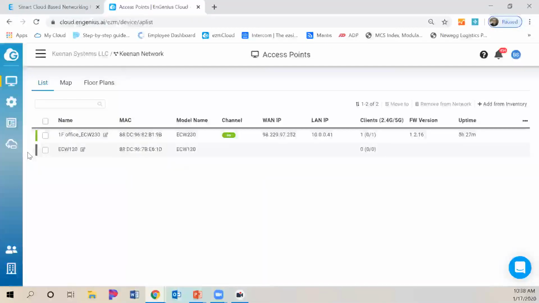I can see that the LED, the power light, is still blinking, so it's not on. When you see the channel, the WAN IP, the LAN IP, and the firmware, you know that it's coming online. When it changes color, then you know it's online. So we'll just wait for that to actually happen. Hopefully that happens quickly. But while that's happening, let me show you around